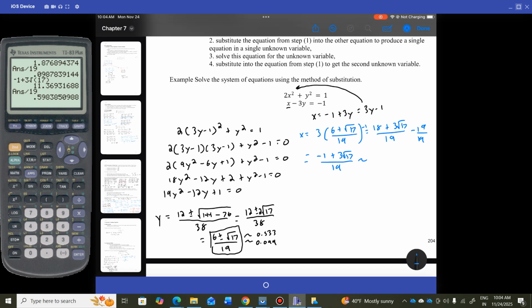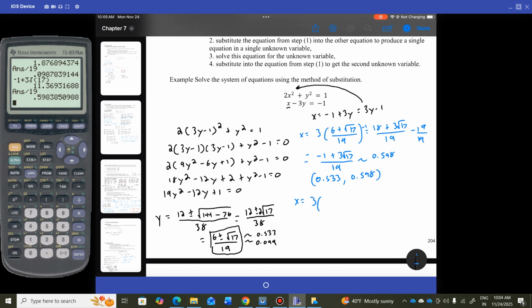You get 0.598. Right, so that's the first solution, 0.533, 0.598, and then the next solution,